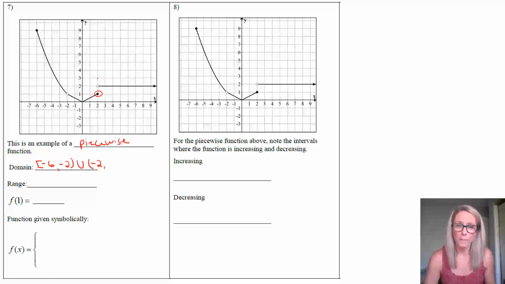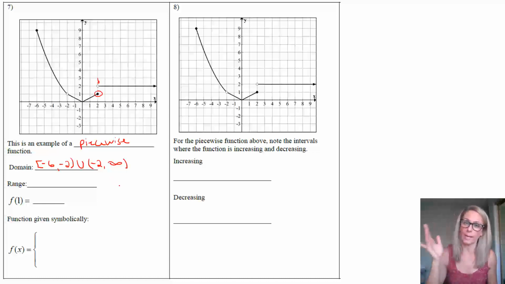And then what happens after positive 2 is still just a line of y values that we can see. And those give us, for every value past 2 on the domain, the x values. And so now I can just say that this is going to go out to infinity, that every value from negative 2 on is going to give me a y value. I will never include infinity with a bracket. Infinity is an idea. It's not a real number value. So we always use parentheses there.